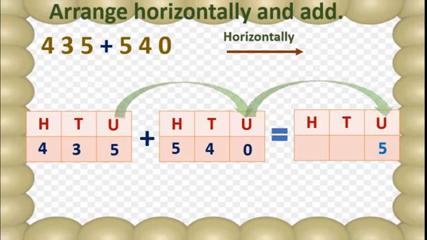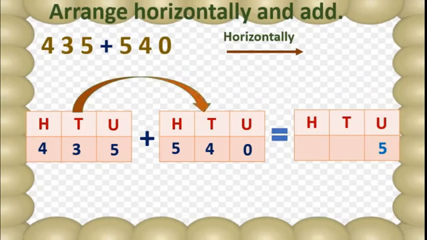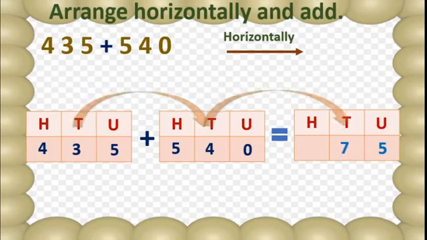And now we will move to the tens place. See here 3 is there and 4 is there. So we are going to add the tens place. That is 3 plus 4. That is nothing but 7. Correct? Where will we write that 7? In the tens place. So here I will write 7.